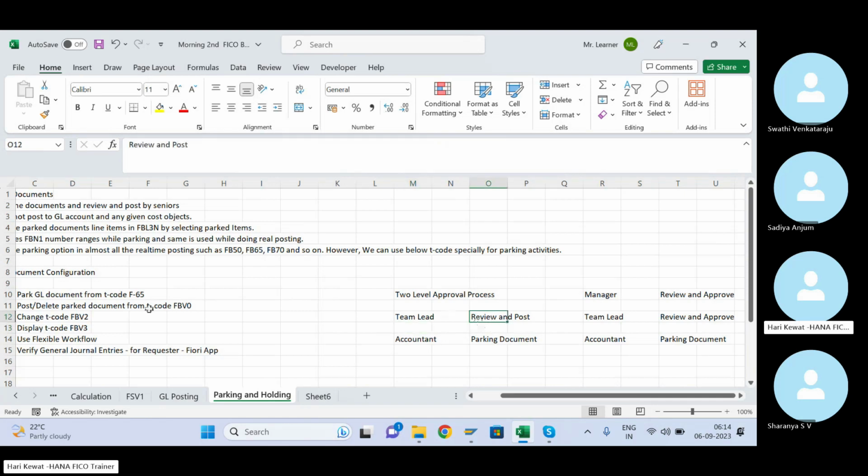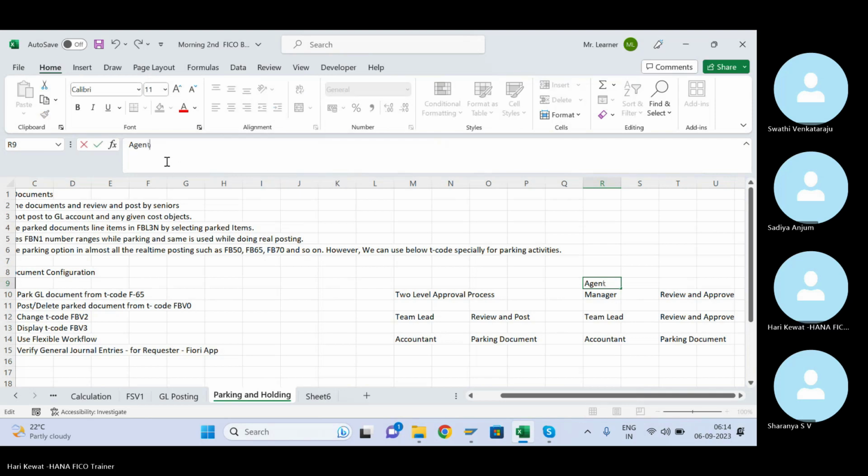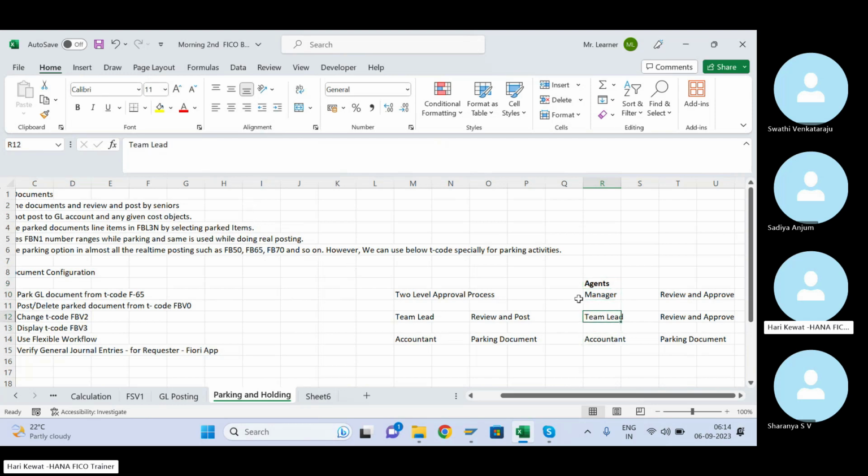Okay, and in the approval process, these are known as agents. Okay, there is a terminology, agent. So agent means the people who are involved in the approval process. Those people are known as agents. Because sometimes an agent will be missing, or something like that, you'll get more errors in the approval workflow process. So you have to thoroughly do the testing. Whenever you do the testing, you have to do proper testing.